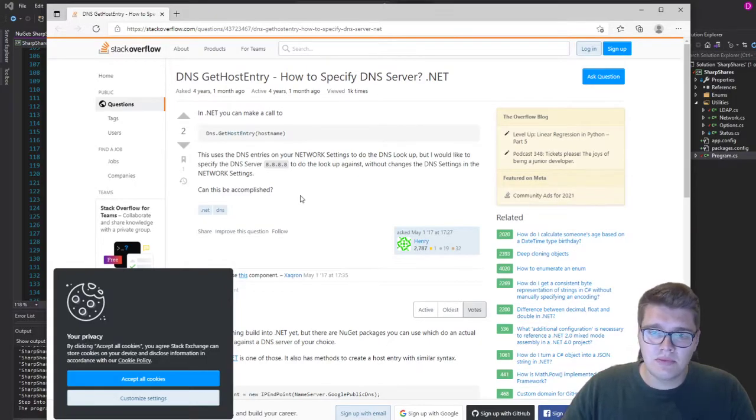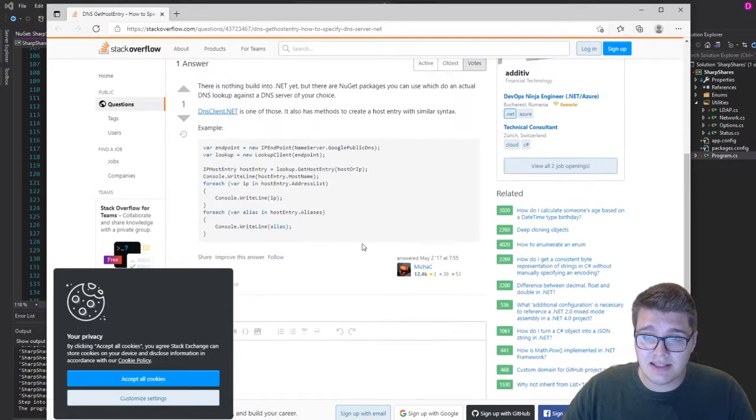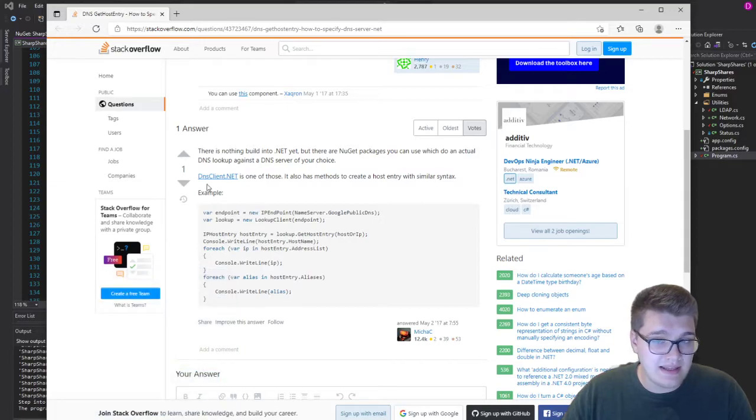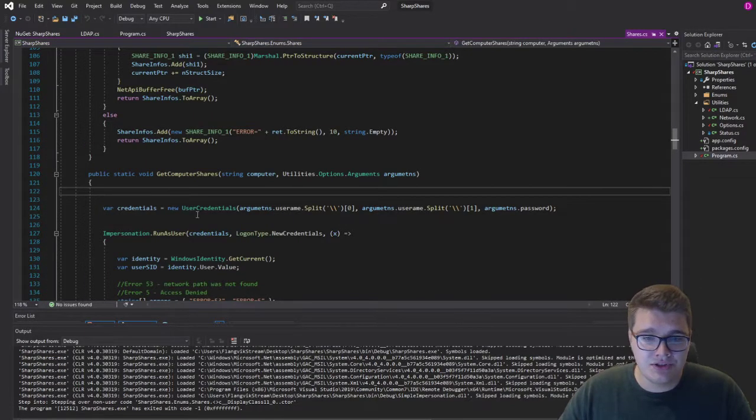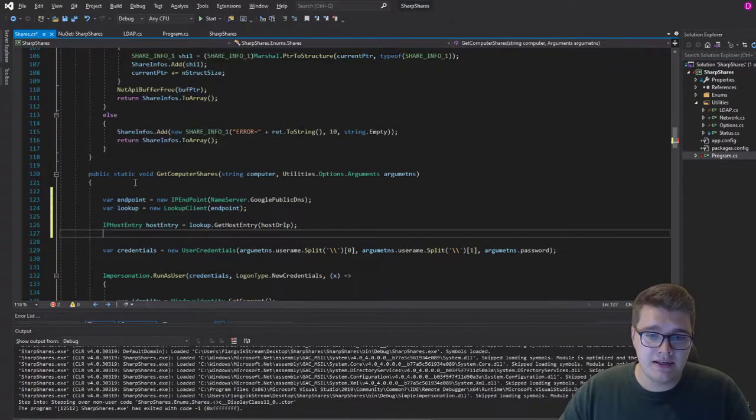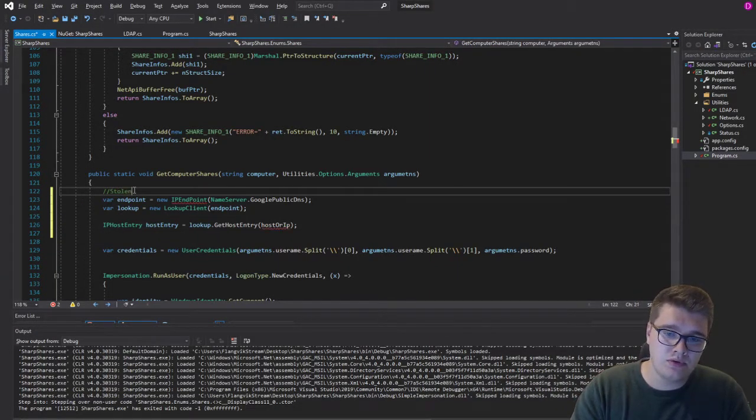Basically, how to specify a DNS server in .NET, and this guy shows an example using DnsClient, where he specifies a new IP endpoint, specifies a name server. In this case, he just uses the Google DNS server, which I think is 8.8.8.8 or 8.8.4.4. And then he creates a lookup client, then looks up a host name through that lookup client. So this is exactly what we want to do. Just gonna copy paste that in, and then I'm gonna give reference. So, stolen from,